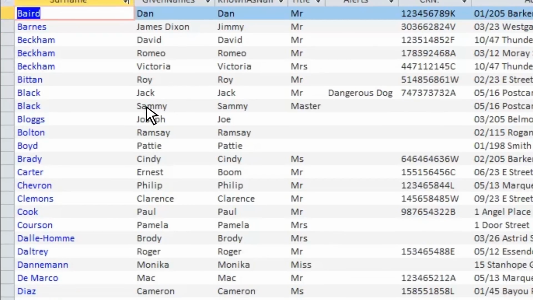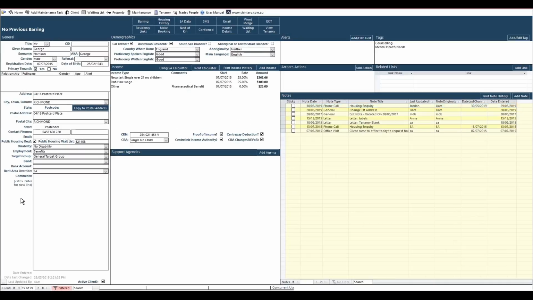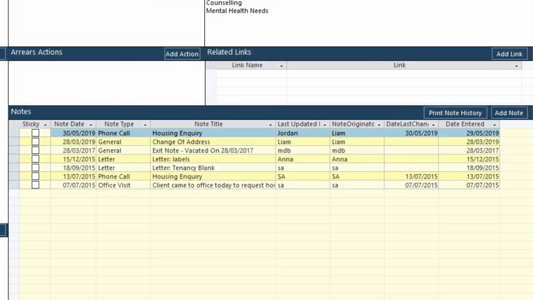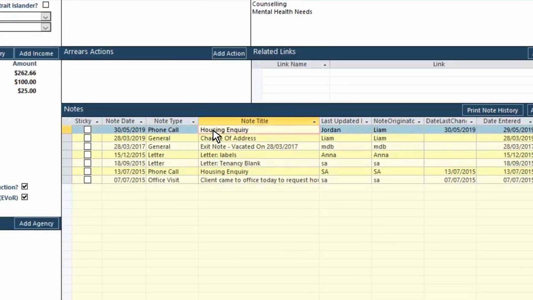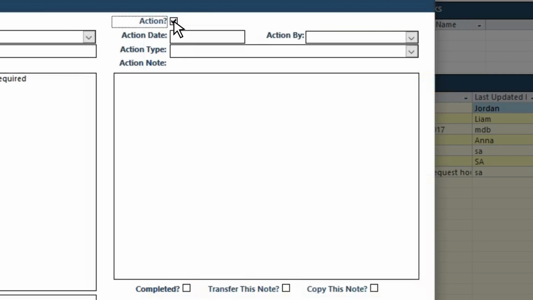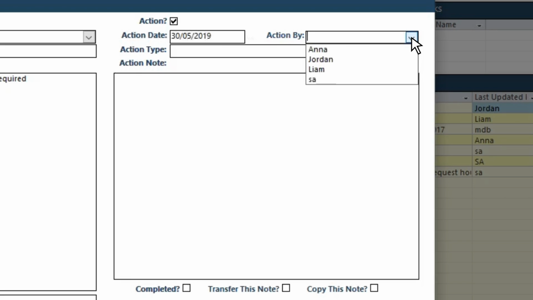Let's open George Harrison's client screen and have a look at the note we entered earlier for a phone call we made. We double-click the note to open, and to turn this into an action note, we tick the Action box, which enables the action fields. We can now enter the date and select who we would like to assign this action to from this drop-down list. This is a list of everyone that has a Chintaro login, so I'll select myself